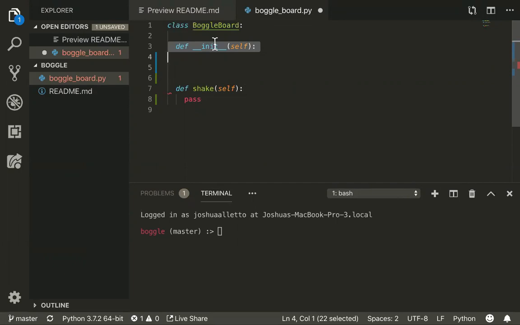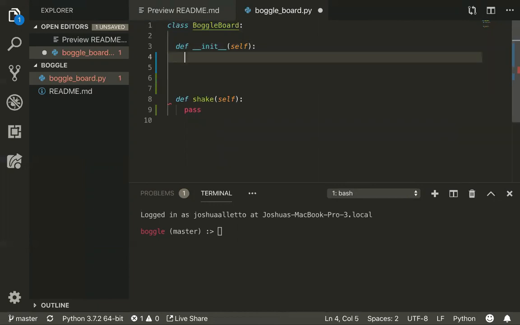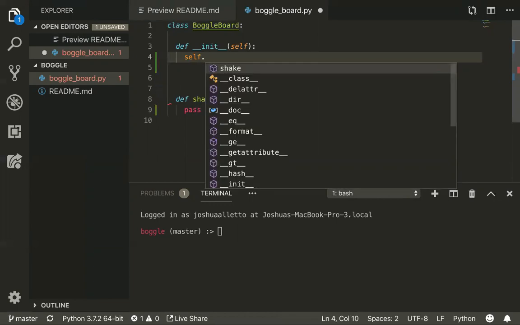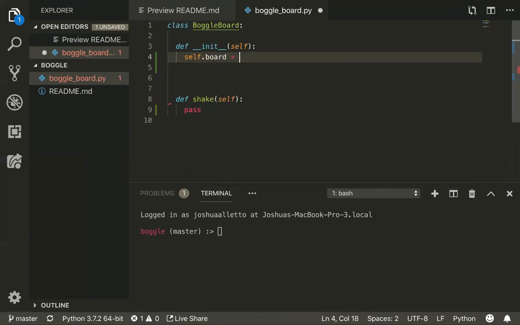It creates an instance every time the class is called. Yeah, every time we call the class, we call this init function, right? So any variables I set in here will get set for that instance of the class, not the class as a whole, just that instance. I can run a function in that class if I wanted to, right? And it'll run as soon as I create the new instance. In fact, we'll experiment with that. So when I create a new instance of Boggle board, I want there to be a board, and I'm going